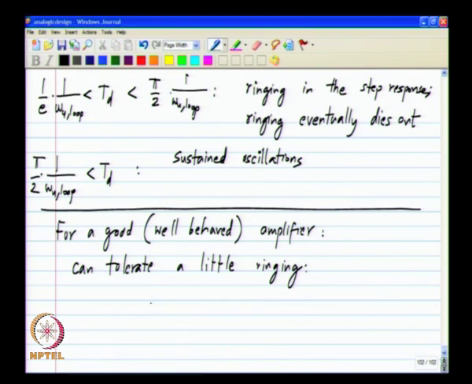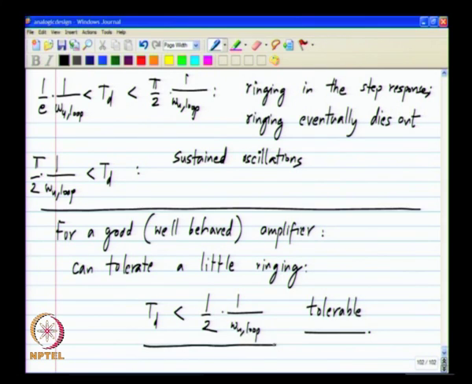So, typically Td less than about half of 1 by omega u loop is tolerable. Now, if your application says that there has to be absolutely no ringing at all, then you have to make Td less than 1 by e times 1 by omega u loop. Okay. So, this is what is tolerable,